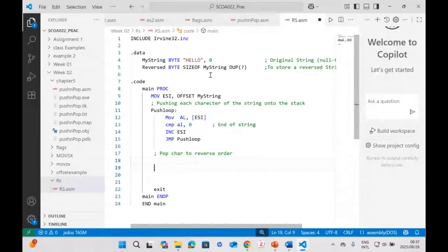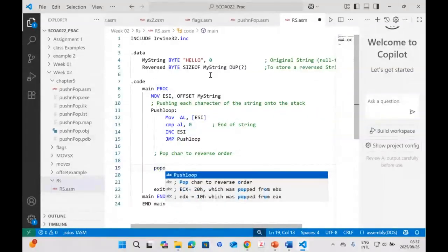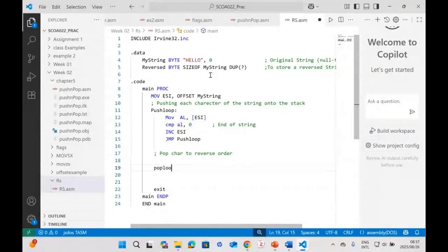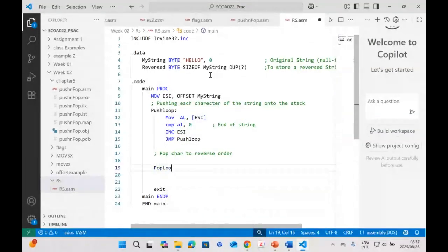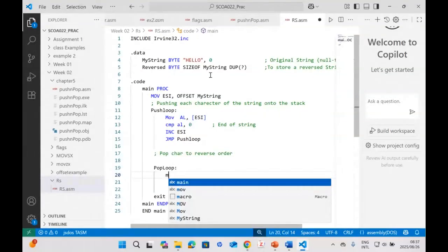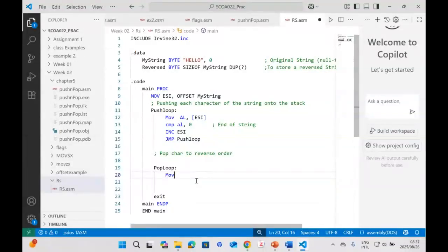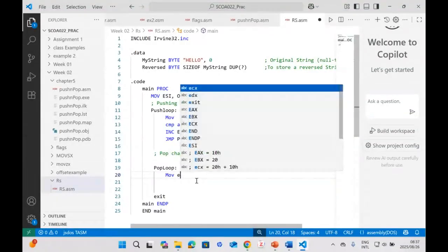So we can have what we call the pop loop. Let's have the pop loop, and in the pop loop we move the offset to